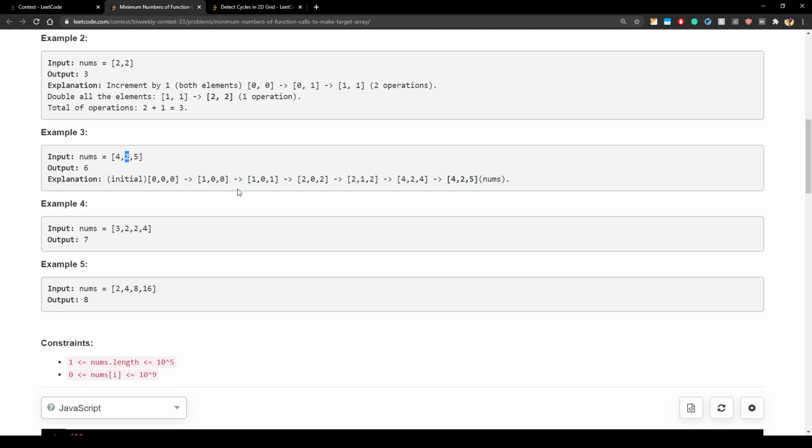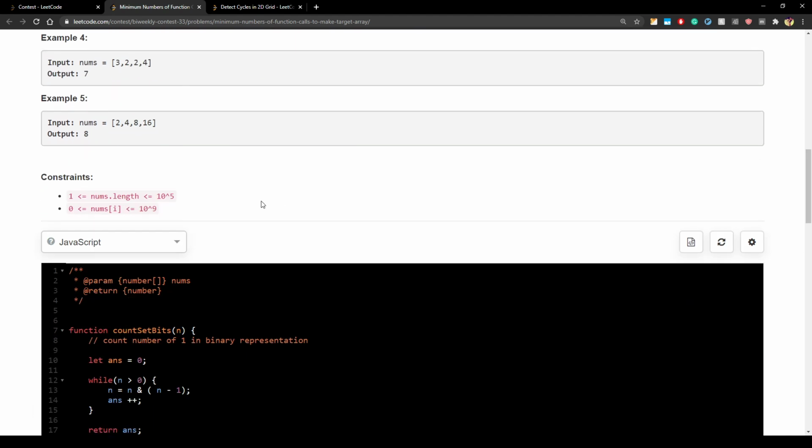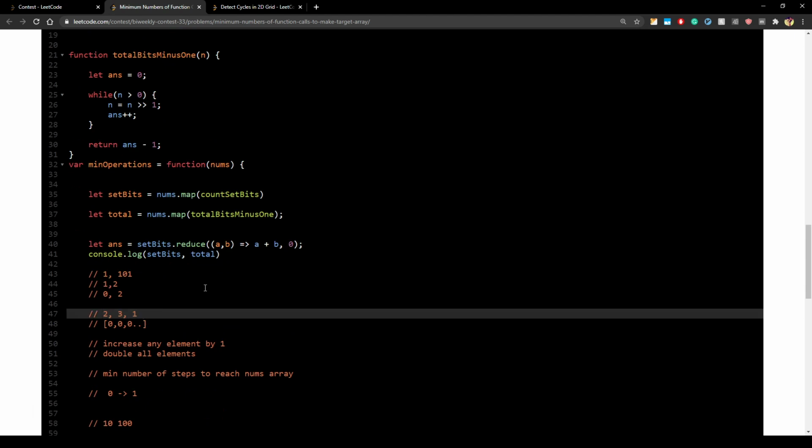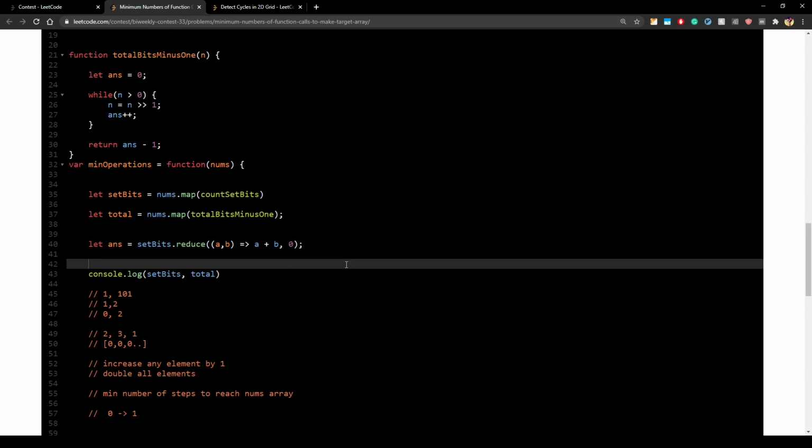For 2 we do this operation 1 time, and for 5 we again do it 2 times. Because whenever I did the operation for 2, it affected others as well, it does not count separately. Only the maximum number of operations counts. So I just need to add that to the answer. Max of total. Right, that's it.